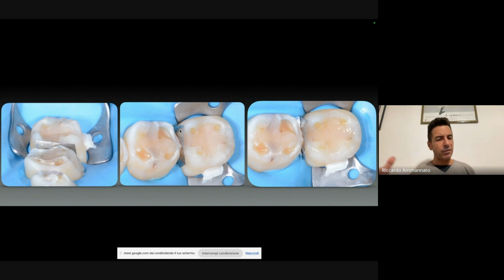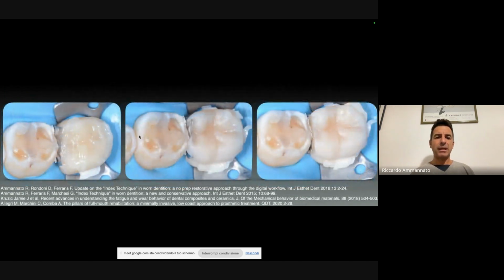It's okay also the Teflon tape. I use also that. It's not so easy to place it in between two molars that have the contact points. However, here I'm doing my adhesion, and then I will use my heated up composite, and then I will cure, I will land with my index.